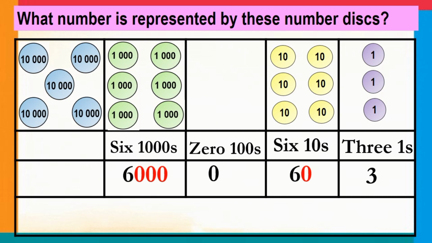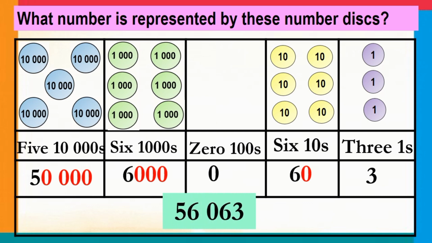And how many discs are found in the 10,000s place? Correct. There are 5 10,000s in the 10,000s place. Then, we will write 5 10,000s and 50,000 in the third row. Let's go back to our question. What number is represented by these number discs? Very good. The number is 56,063. Let us check the answer. 50,000 plus 6,000 plus 0 plus 60 plus 3. The answer is